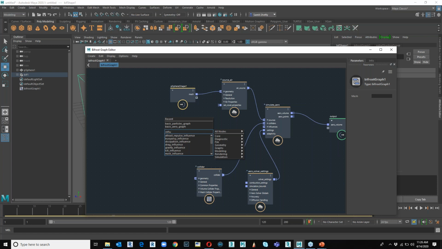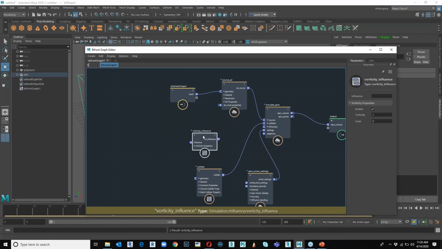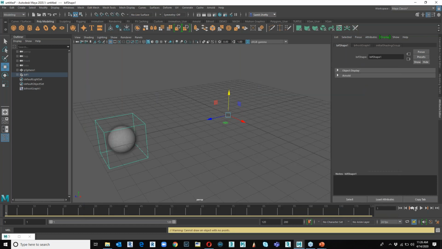Okay, I can have a basic influencer. So let me just write Vorticity Influence. Okay, so this Vorticity Influence will kind of make the smoke flakes spread among each other, and